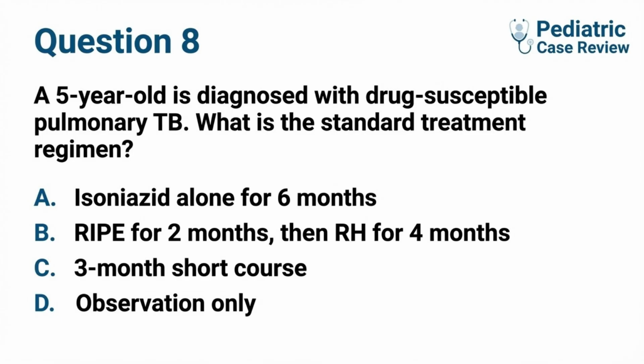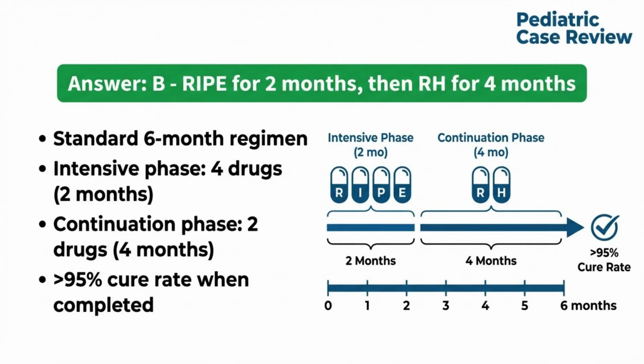Question 8. A 5-year-old is diagnosed with drug-susceptible pulmonary tuberculosis. What is the standard treatment regimen? Option A, isoniazid alone for 6 months. Option B, rifampin, isoniazid, pyrazinamide, ethambutol for 2 months, then rifampin, isoniazid for 4 months. Option C, 3-month short course. Option D, observation only. The correct answer is option B, rifampin, isoniazid, pyrazinamide, ethambutol for 2 months, then rifampin, isoniazid